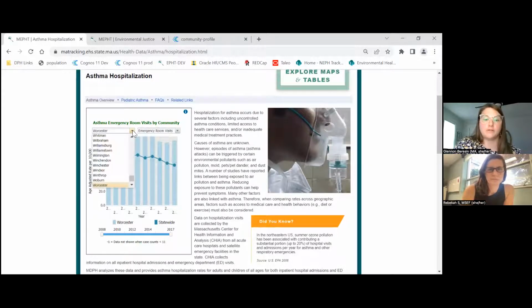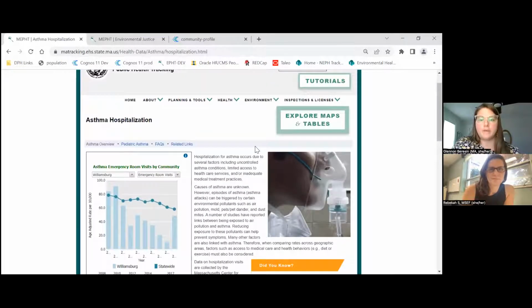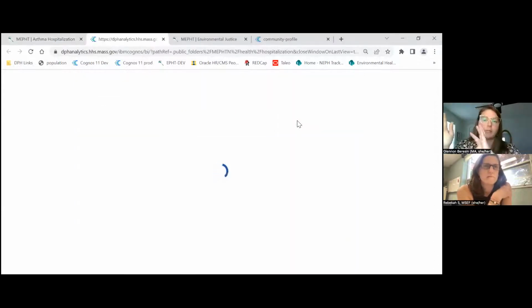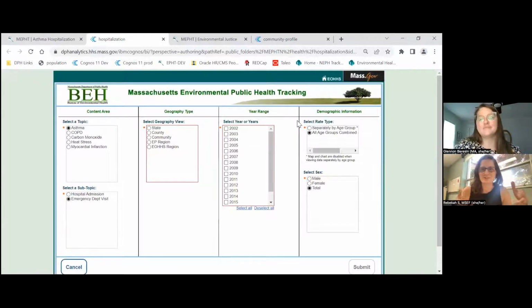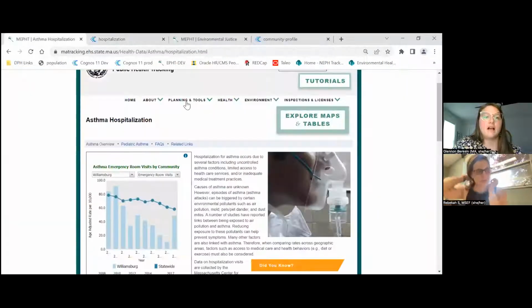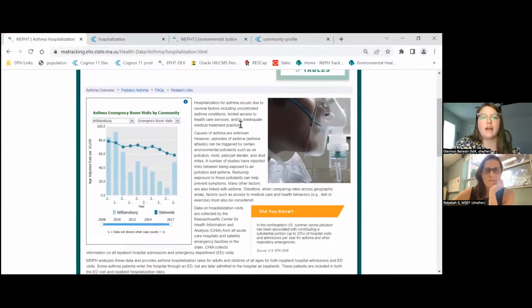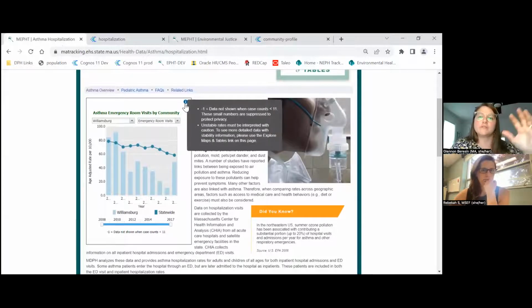Go ahead and look at Worcester. You see there's really high elevations there for ED visits, and some other towns might not be the same, but it's kind of fun to play with. And then this is where you would go for that information, explore maps and tables. And it's always up in the upper right-hand side. What's cool about the widgets too is this idea of playing with them, because I think understanding how to read data is so important too. So this could be a fun activity to see what changes and try to understand and interpret what's going on. So. Absolutely.